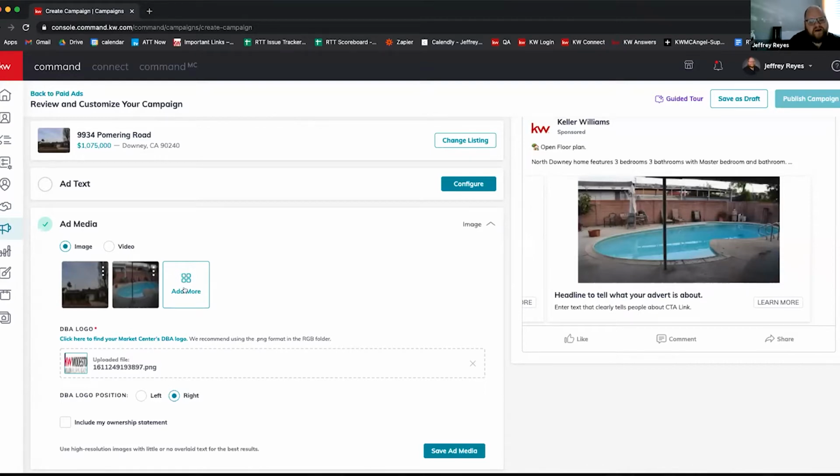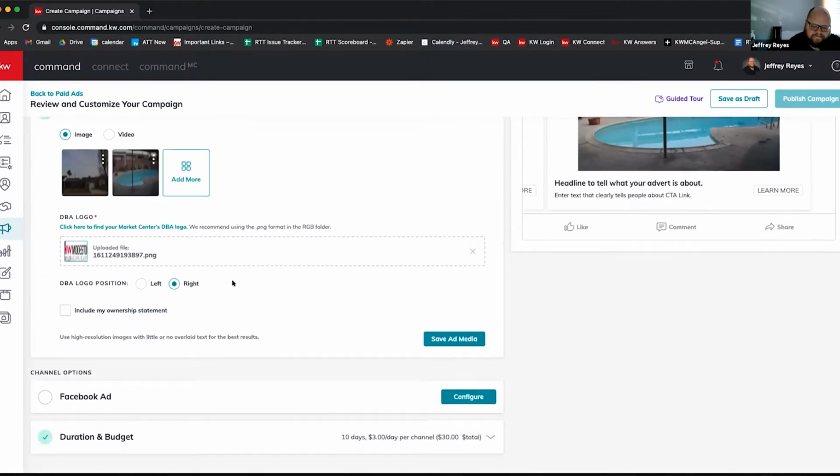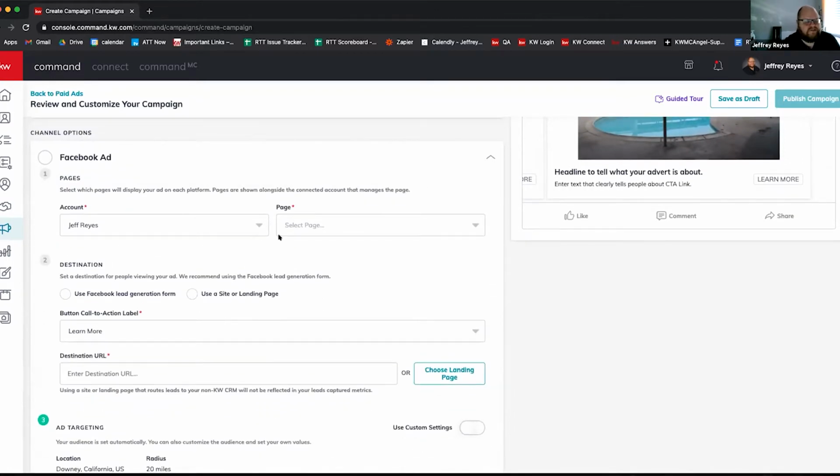And that also helps to filter out some of the, quote unquote, bad leads, right? So I want to make sure that people have seen a few pictures of this home and it's really engaging. They're going to want to look at it. So I want to make sure that my pictures here match my description. And then on my Facebook ad, again, you're just picking your